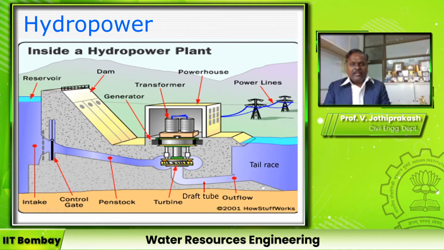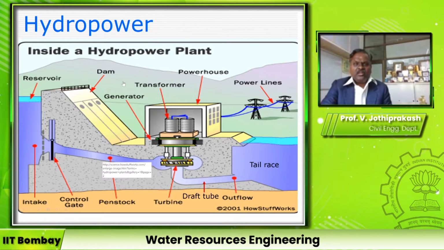Because once I construct the dam to a larger height and a huge quantity of water is stored, we are actually creating potential energy. When water is released from these dams, the potential energy is converted into kinetic energy. And this kinetic energy is very high, which can be used to generate hydroelectric power. Such studies are called hydroelectric power plant studies, because this is green energy, a renewable energy, and there is no impact on the environment.